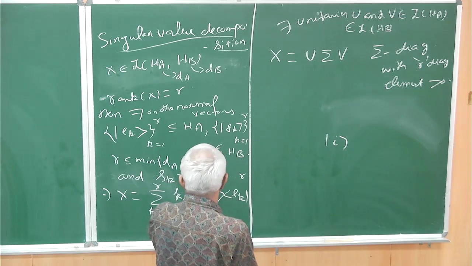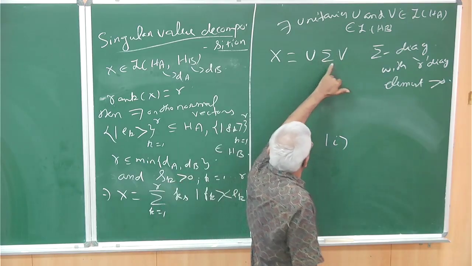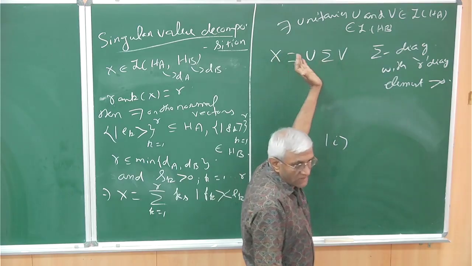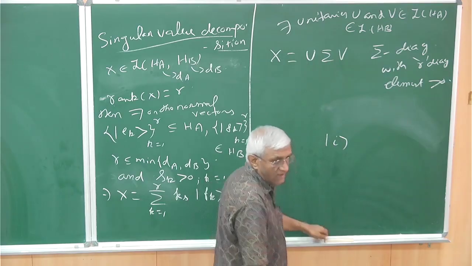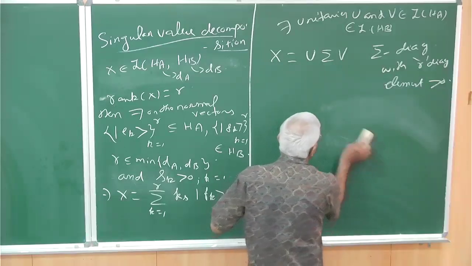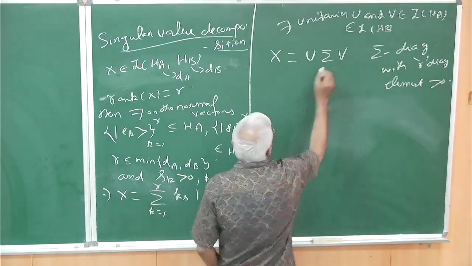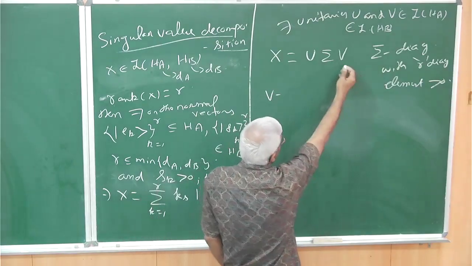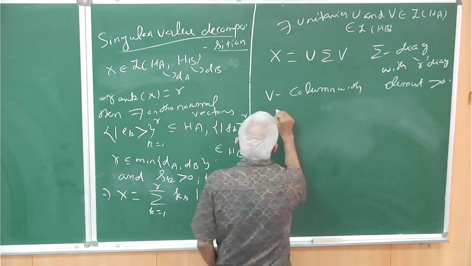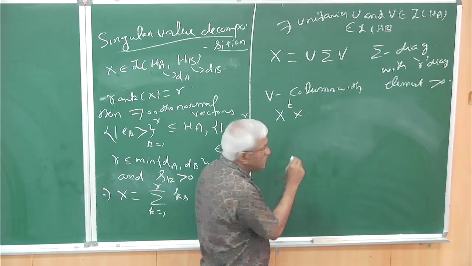What will it take it to? It will finally take it to e_k, and there it will act as this s_k, and those orthonormal bases will again be taken to some other orthonormal basis, f_k. That is what a unitary is. Any unitary takes the standard orthonormal basis to the column vectors of this unitary. So this is equivalent to that. And you can find that this V has columns, see, if you have X, then X transpose X is a positive matrix, so it has eigenvectors.